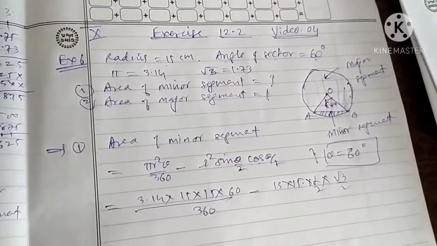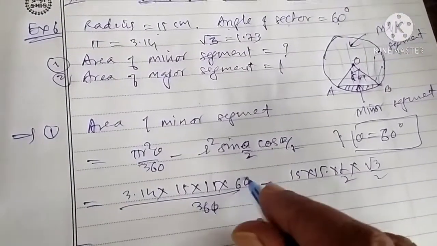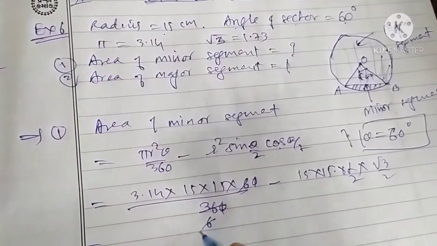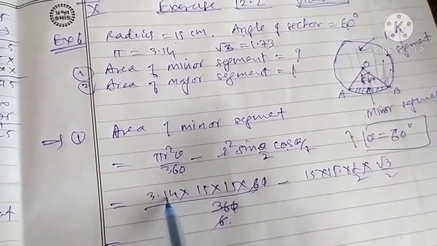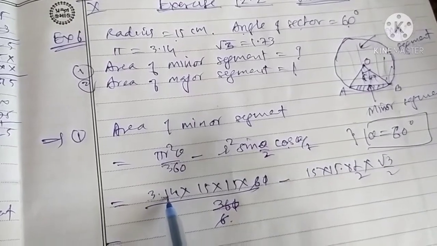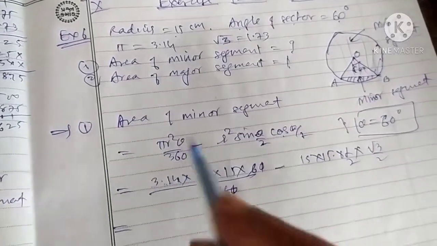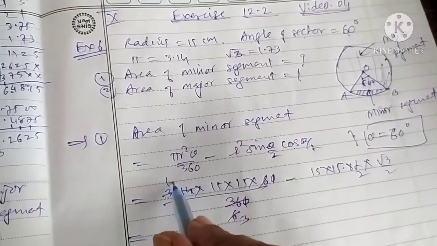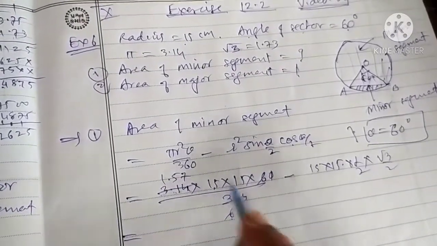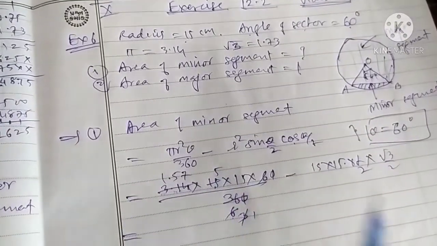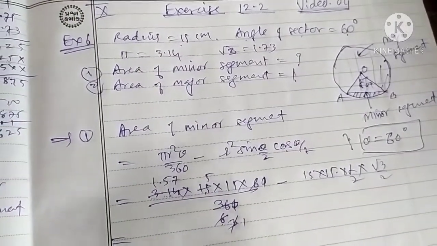Okay, I am putting the values. Children, cancellation is possible, don't delay, hurry up, cancel it. See here, 3 plus 1, 4, 4 plus 4, 8, not divisible by 3, but divisible by 2, so we can cancel by 2. Then we add. Again, 15 and 3 is cancelable, 3 fives are 15. So here we cancelled, and here cancellation is not possible, so we will just write it completely.